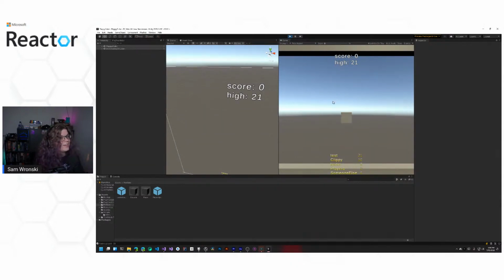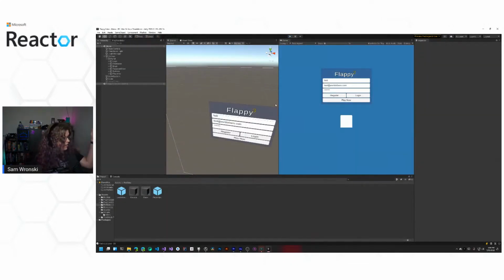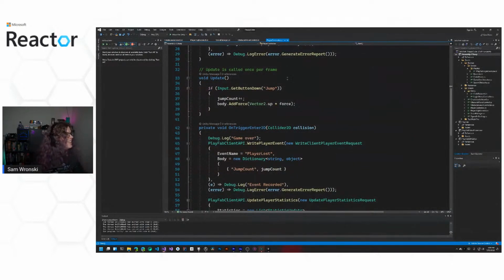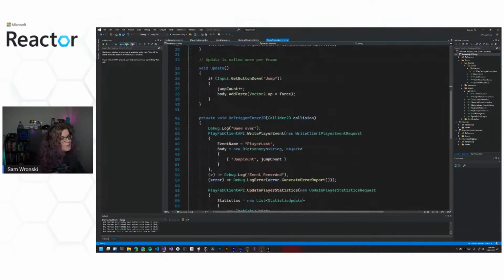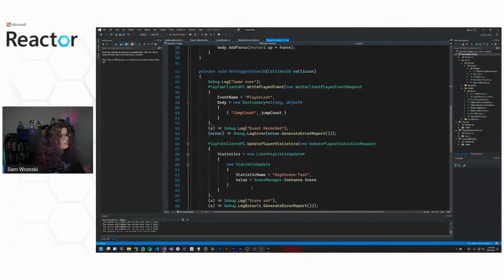And then there's a few things that are happening. It's kind of hard to see, but there is a delay between all of this stuff getting populated, because the way I have this set up, when our game manager class awakes, it actually goes and pulls all these statistics for us. So what that ends up looking like is this. There's 5 classes, I guess, that I'm working in and integrating with. So we have our player controller, which has our games played, but also controls our high score submission.